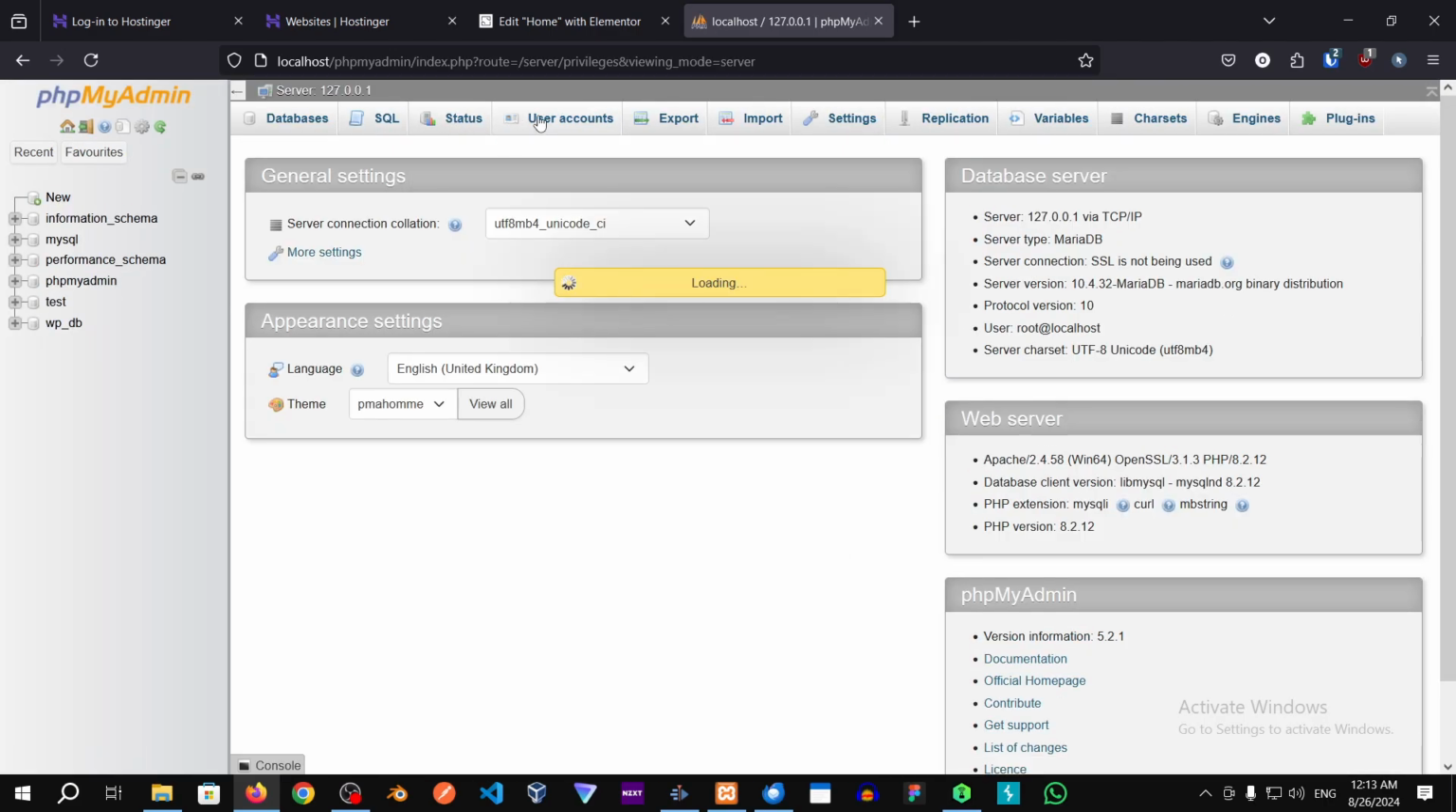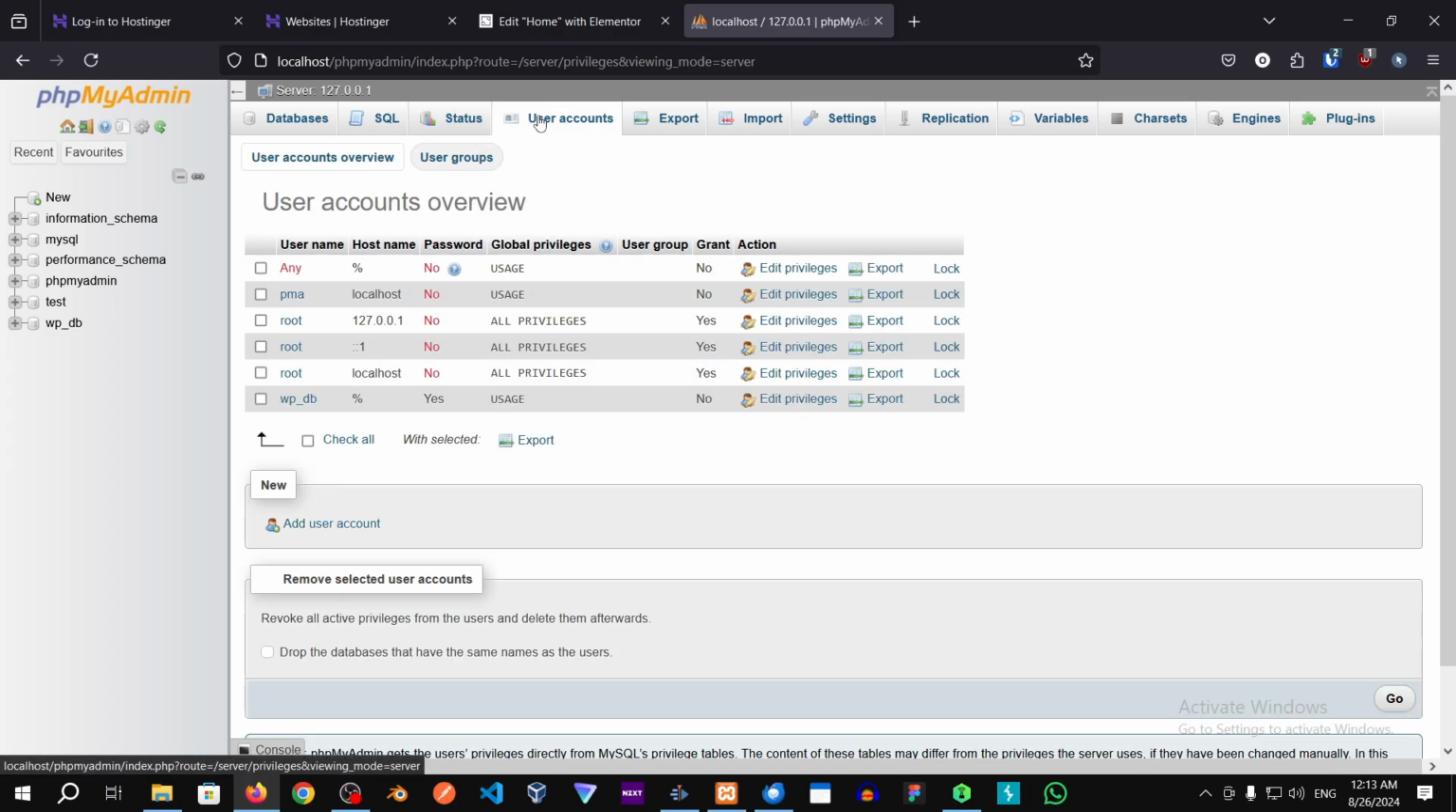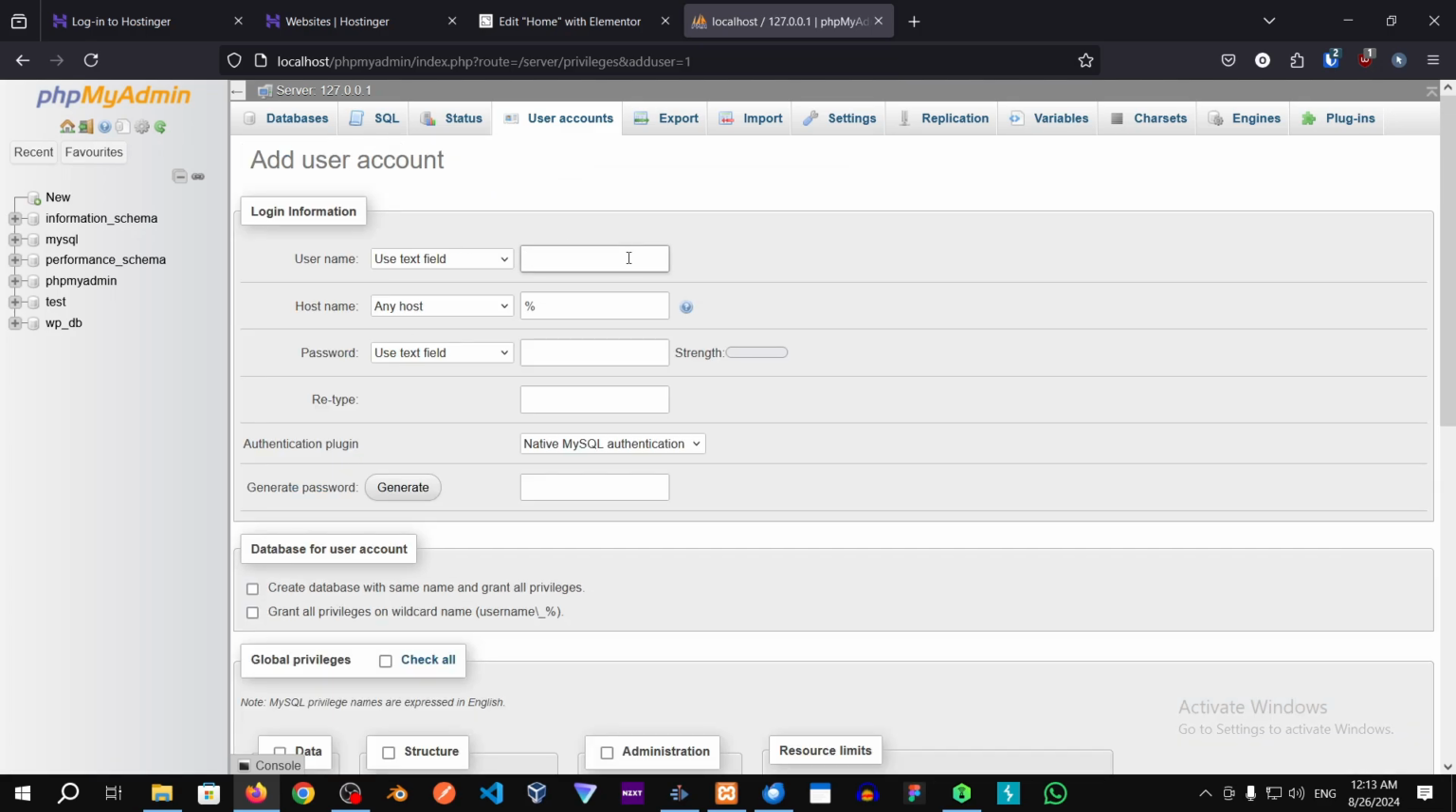To do that, we're just going to go into the user accounts tab on the top, and then scroll down a little bit to new and add user account. Create a username. I'm going to call it WDB backup, for example. You can call it whatever you would like. Make a strong password. I'm just making a really simple password,